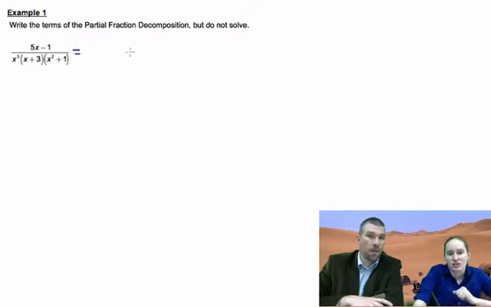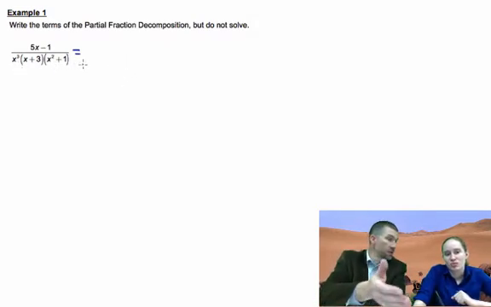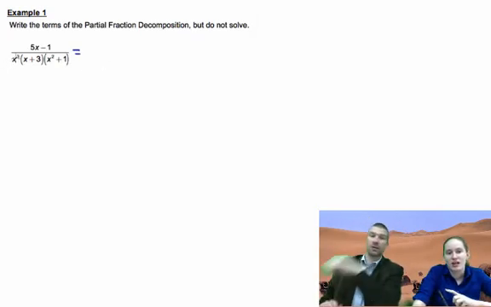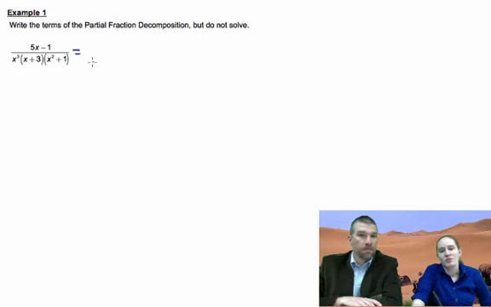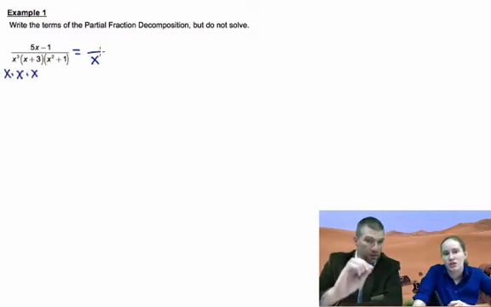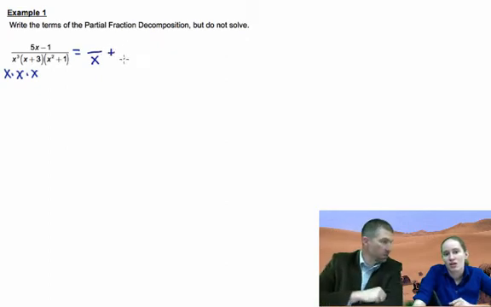So what that looks like is that we take this denominator and we break it up into parts. There's 3 parts because there's 3 things. But it's a little trickier than that because the x is cubed. So what you do is this factor at the beginning is x, and x cubed factors, we have that 3 times. So you have to actually write down the factors of x cubed, and that can be a toughie to